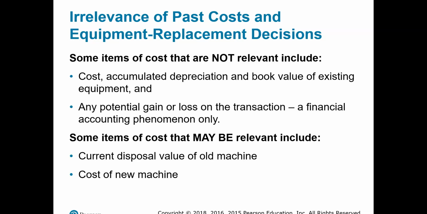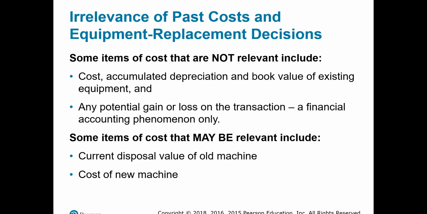Now, costs that may be relevant in the decision-making process for equipment replacement decisions. A cost that may be relevant is the current disposal value of the old machine. So let's say I have a Trailblazer. It's an old piece of garbage, but it's still there. Let's say it breaks down and I have a decision to make: if I'm going to either repair my Trailblazer or replace it with something else,